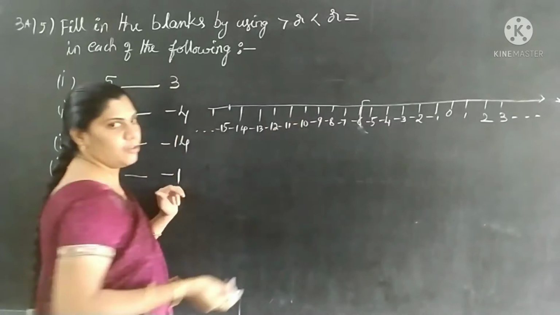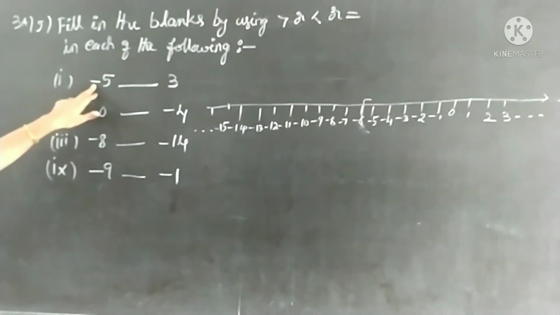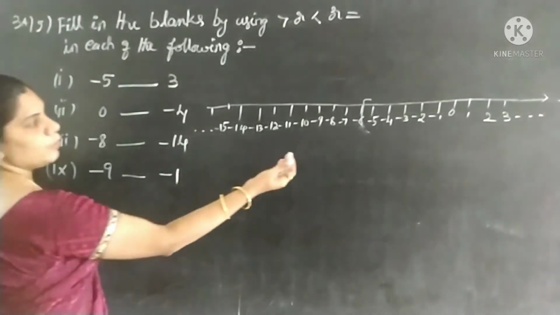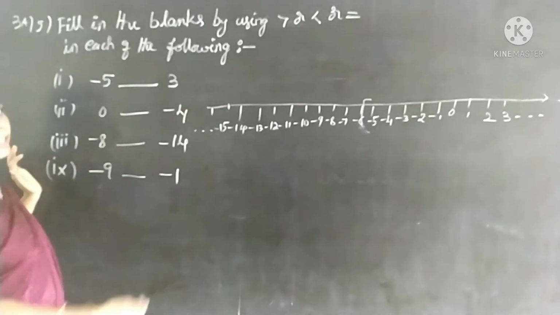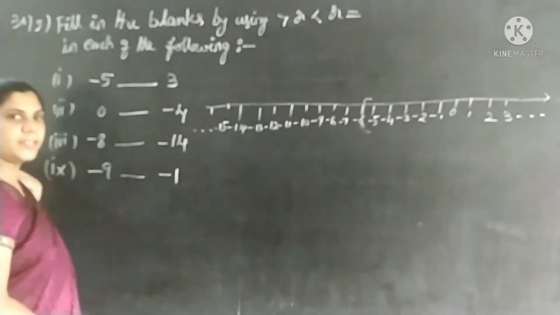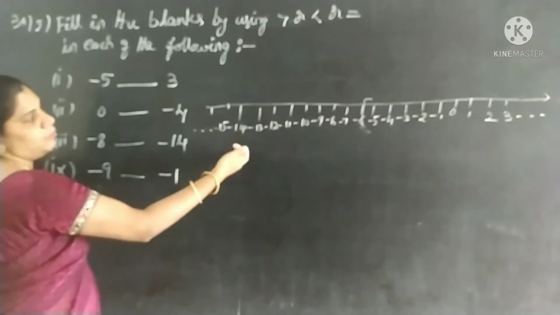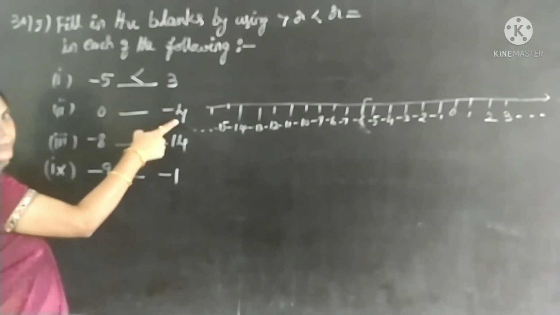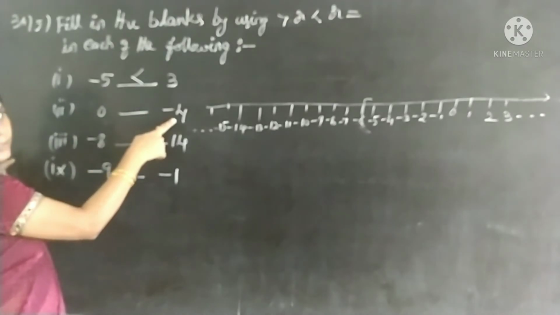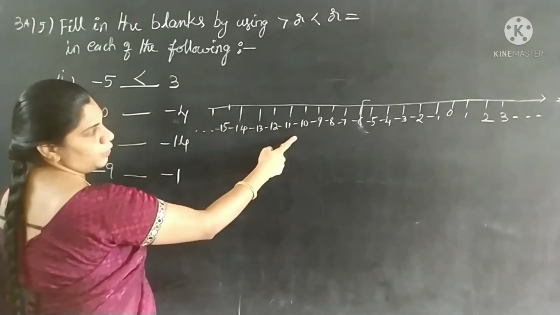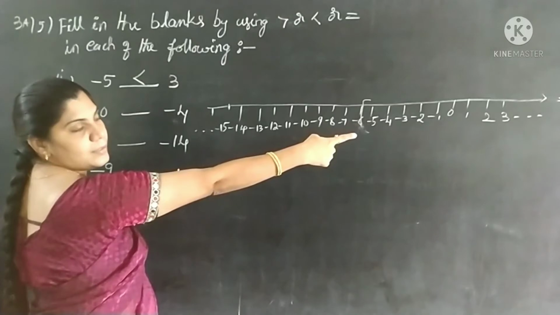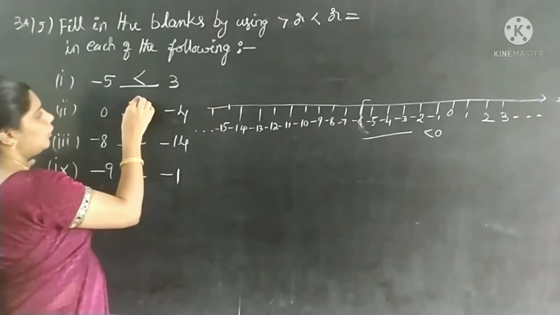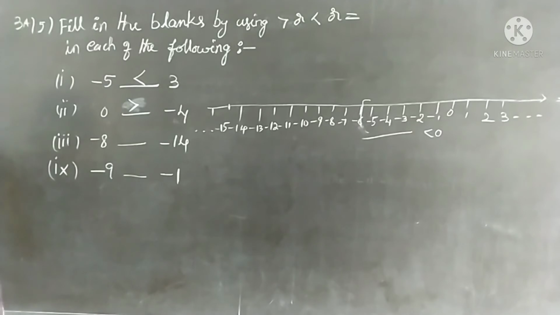By looking at the number line, you see all the negative numbers are less than positive numbers only. By going to the left hand side, your value will decrease. By going to the right hand side, your value will increase. All the positive numbers are greater than negative numbers. So blindly you can give the 0 and the negative number. While comparing negative numbers and 0, negative numbers are less than 0 only. So 0 is greater than negative numbers.